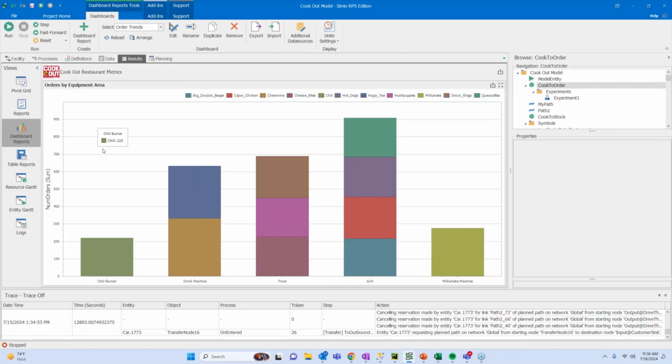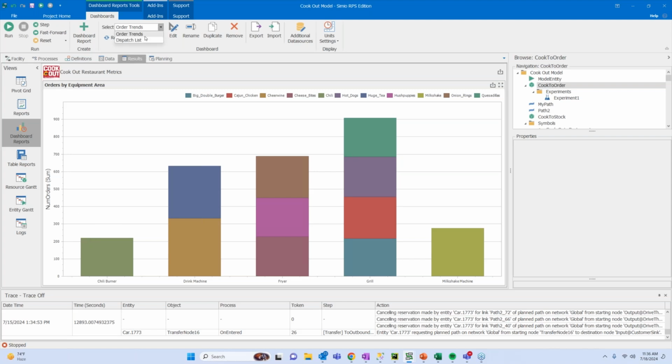And if we look at a different way, we want to see by equipment area which is going to be the most heavily utilized. So of our 5 stations back in our kitchen, we see that the grill itself is being most heavily utilized because it has 4 items that need to use the grill, whereas the fryer has 3 items, and then the milkshake machine and chili are a little more niche, just one particular item.